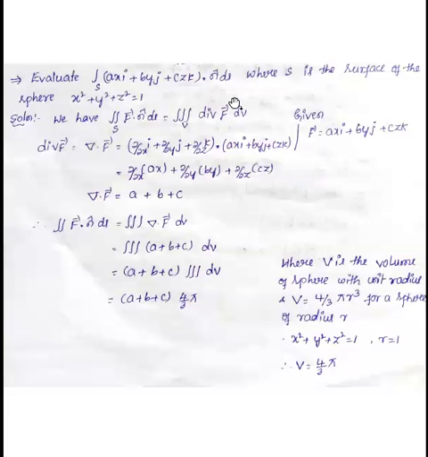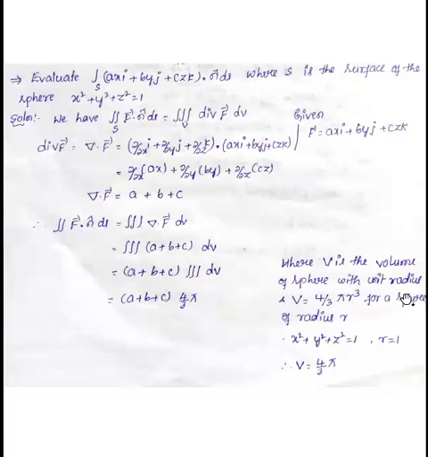Here in this problem the limit is not given, but the surface of this sphere is given, right? Here, evaluating the integral over S of F dot n cap into dS means we find the triple integral of divergence F into dV, right? Substitute this: (a plus b plus c) into dV. A plus b plus c is a constant, take it outside, the triple integral of dV.